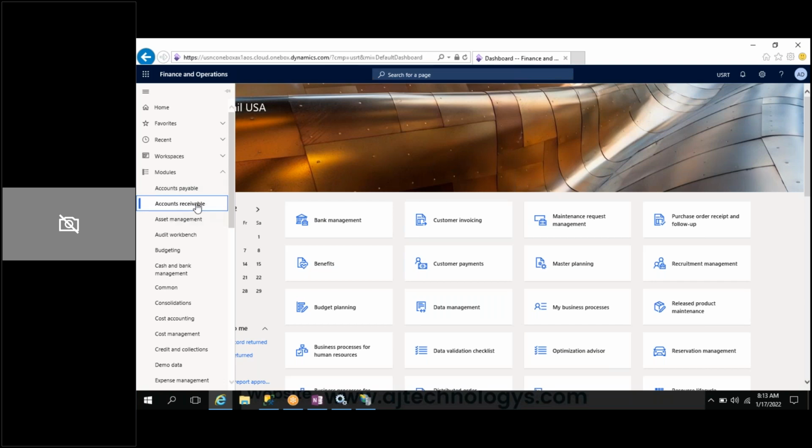This menu should come here. Okay, one second. Just now I reset from the command prompt, right? That's why it needs to restart again.